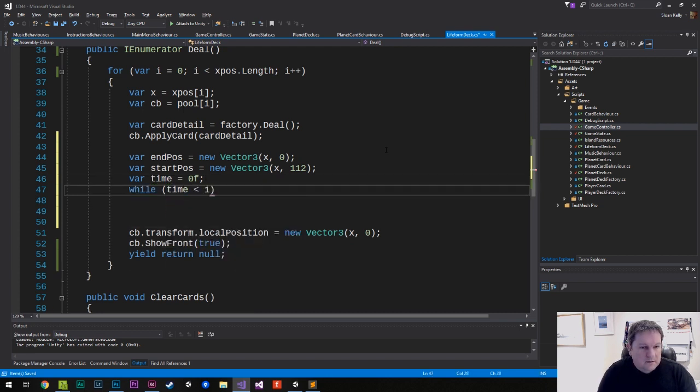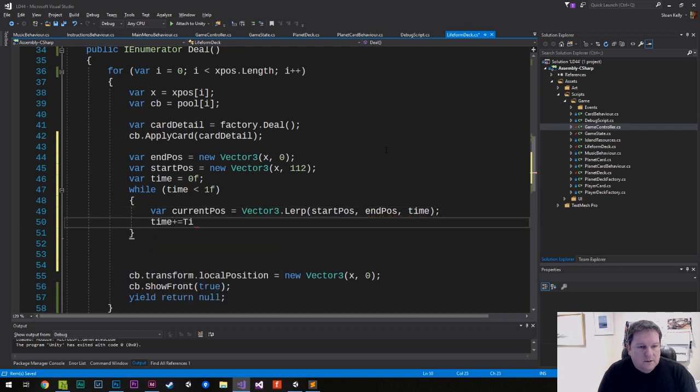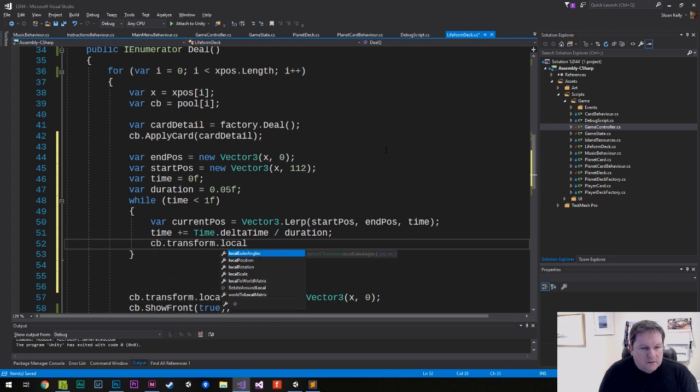While time is less than 1f, var current pause equals vector 3.lerp, and then it's start pause, end pause, and then time plus equals time dot delta time divided by duration, which I haven't fixed yet, var duration equals 0.025. cb.transform.local position equals current pause,